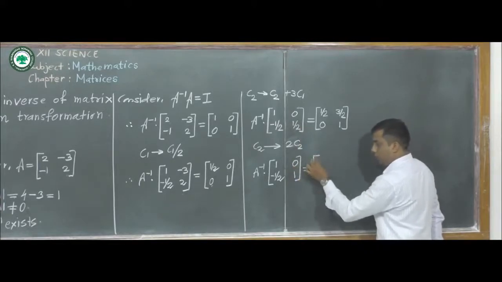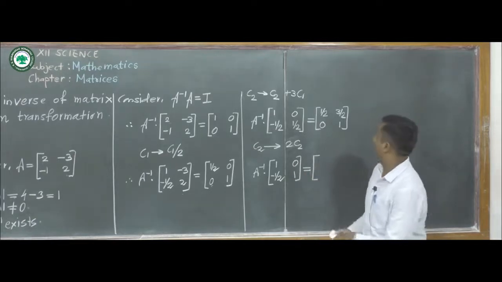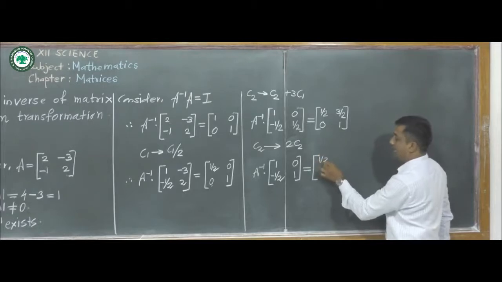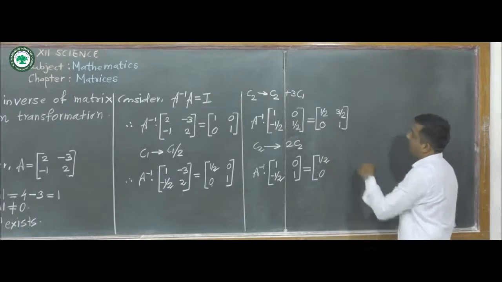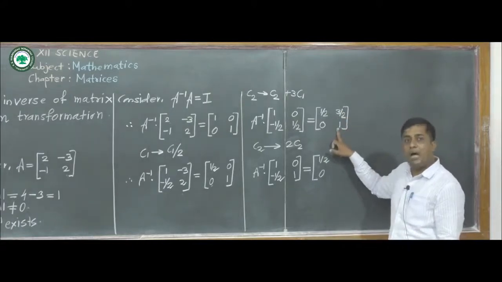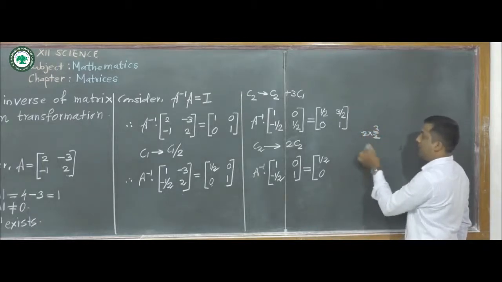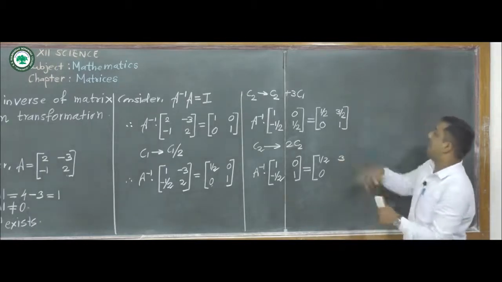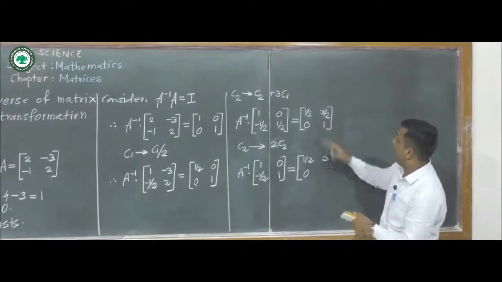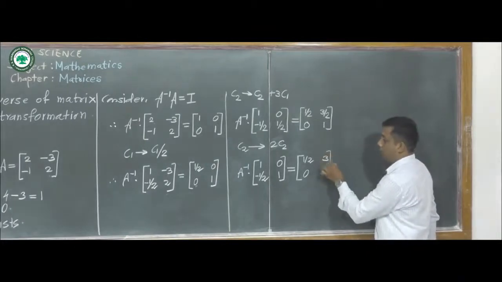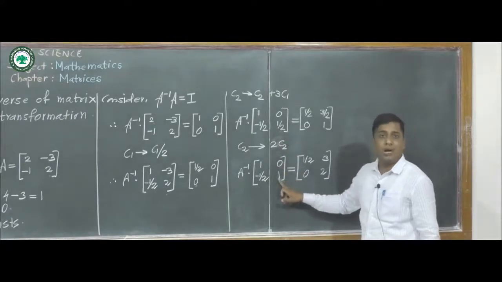Now this is equal to, here we perform the same transformation in RHS. Again the first column as it is, that is 1 upon 2, 0 as it is. Now we multiply each element of column second by 2. Here we get 2 into 3 by 2, that is we have 3. In the position of 3 by 2 we get 3. Next, 2 into 1 is again 2. Okay, so we reduce this 1 upon 2 to 1.